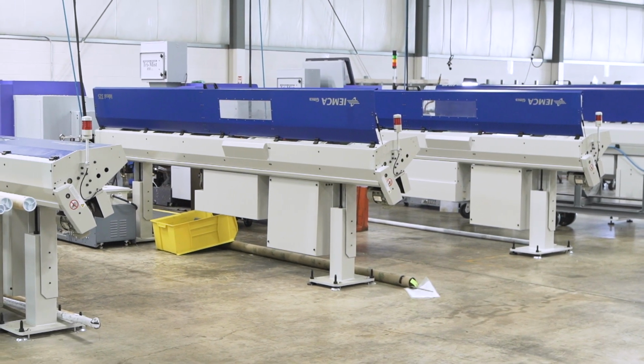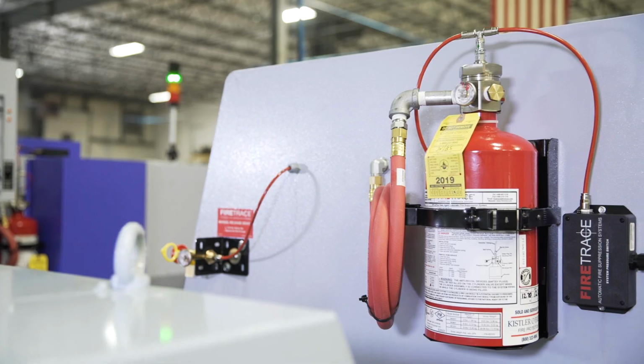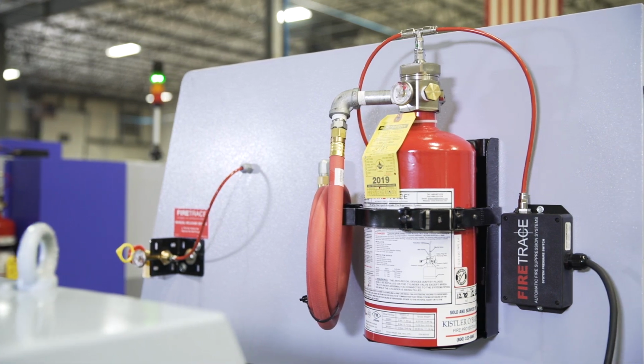roughing tools broke. When the finishing tool came in, it just crashed right into the part, and titanium is very flammable. And it just lit up, and the suppression system went off, and we didn't really realize there was a fire. Yeah, I was running next to the machine that actually caught fire, and when I went over there, the